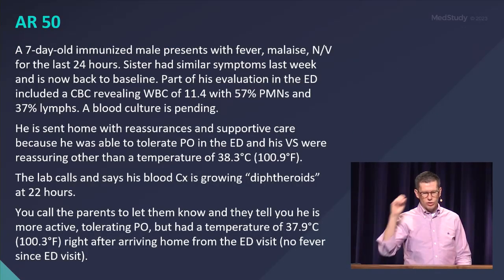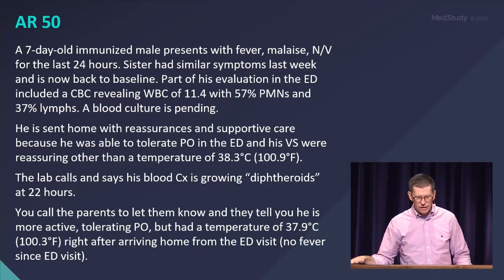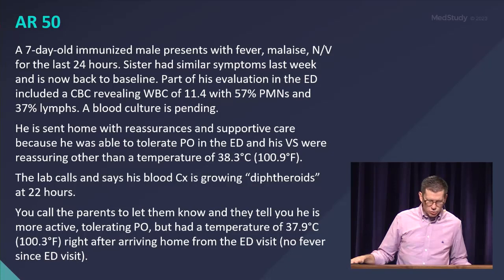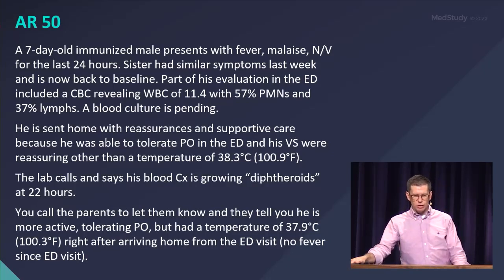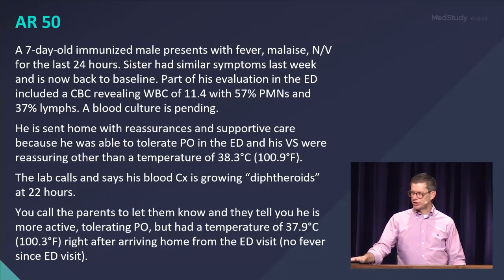A 7-day-old immunized male presents with fever, malaise, nausea, vomiting for the last 24 hours. Sister had similar symptoms last week and is now back to baseline. Part of the evaluation included a CBC that had a white count of 11.4 with 57% PMNs and 30% lymphs, blood culture pending. Sent home with reassurances and supportive care because he is able to tolerate PO in the ED, and his vital signs were reassuring other than a temperature of 100.9. Remember, this is just a question. I understand if a 7-day-old shows up with fever, you're going to do more than this, but just go with